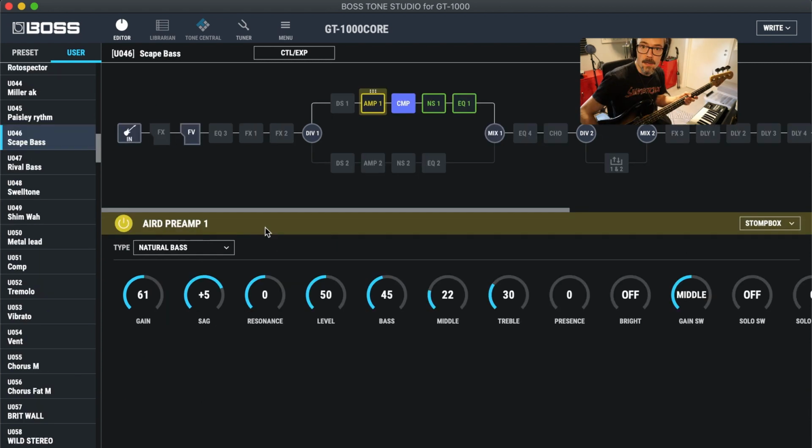sounds better. The last patch is the bass patch. The first block is the amp block. It's set up for natural bass, and it sounds nice. It's got 61 in gain, 5+ in sag, 50 level, 45 bass, 22 middle, 30 treble, and